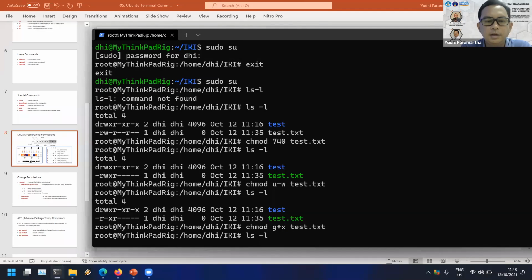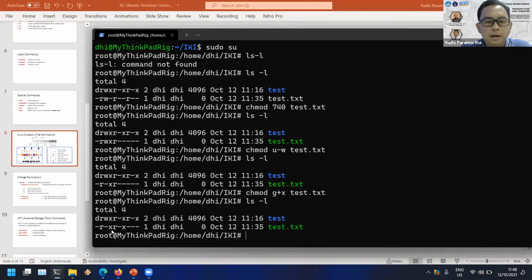When I see this, the group now has execute permission, because I assigned g+x here. So there are many things you could do to assign permission to a file or folder. You could use this format, for example g+x, g+r, g-w, something like that.